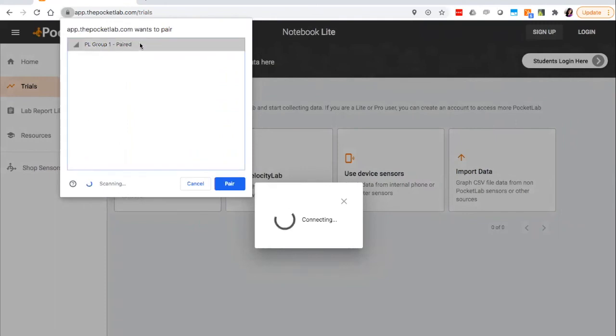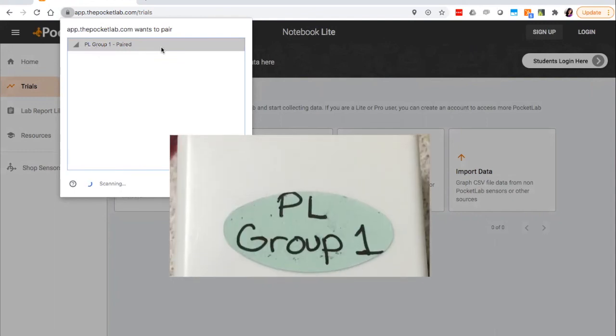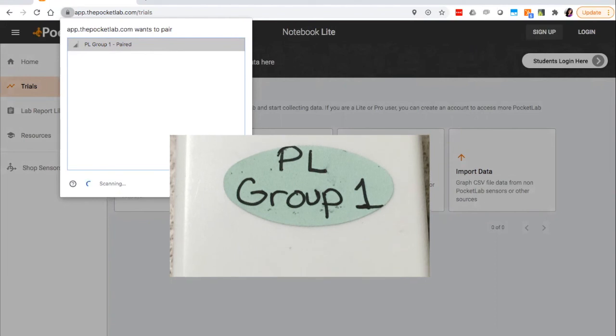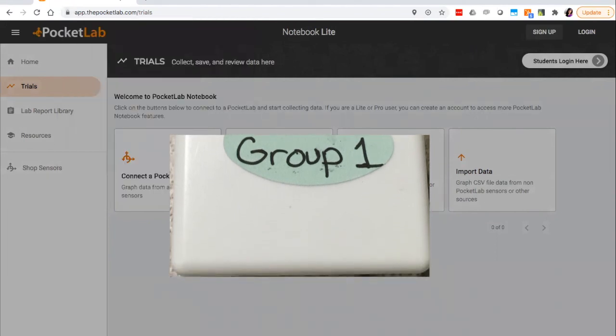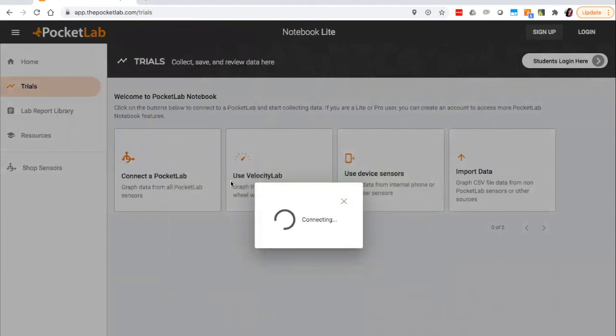just gave it. Make sure that you use a label or a permanent marker to write that name in the actual PocketLab device. This way, there will be no more confusion when your students try to connect to their PocketLabs